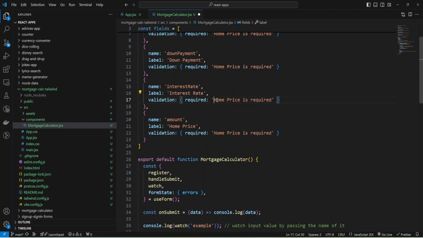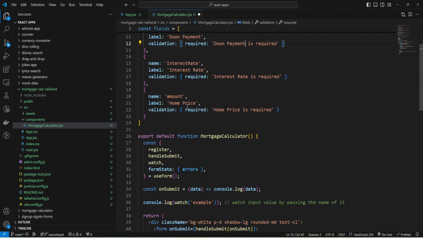Let me change this, and also here, and the last field will be long term, and we'll provide it as label, and also change in validation.